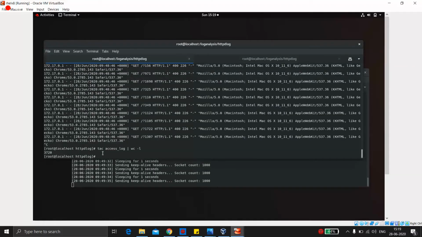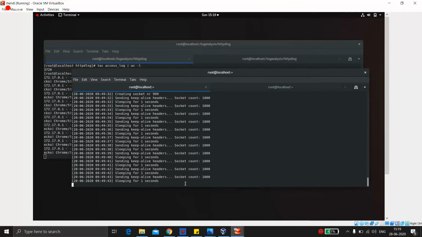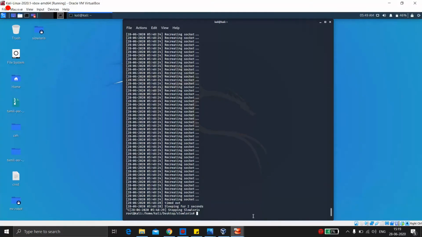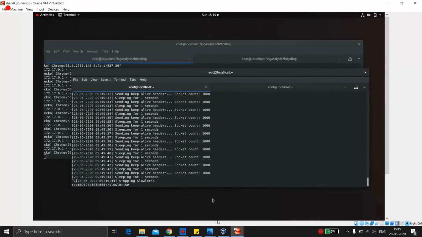So it's creating, it's still creating, it's still going on. If you tail it again, you will see it's still going on. It would go on. And let me do one thing. Let me do it from this Kali VM only, because it's getting the full correct IP. So now let it run. In the meanwhile, let me show you how we'll detect the DOS.